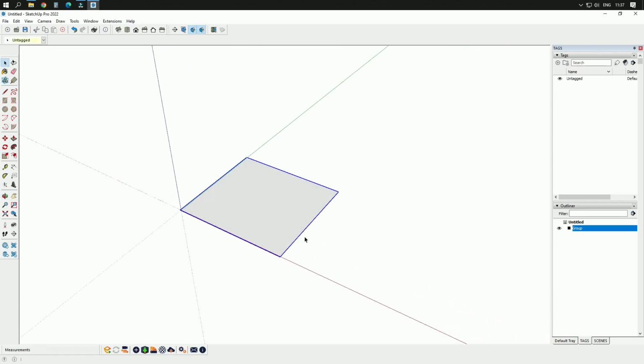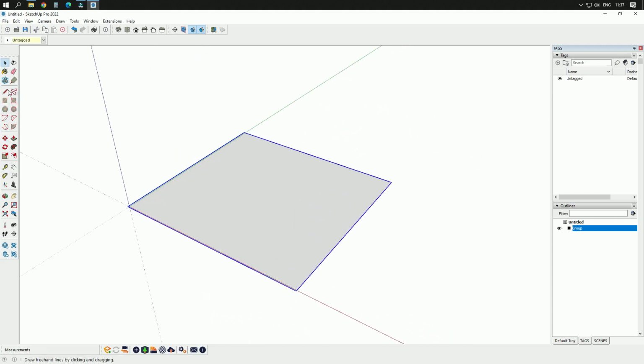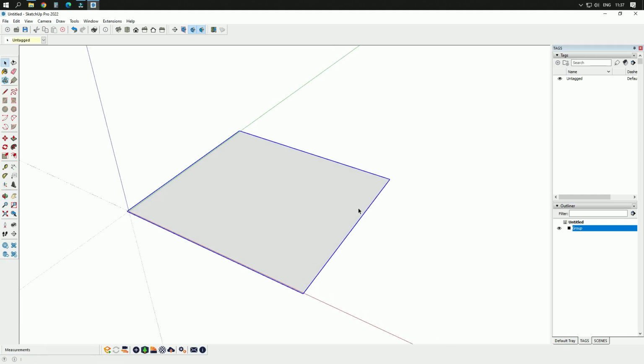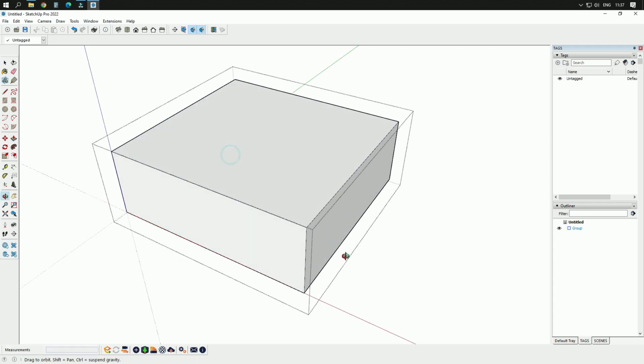So there are a lot of tools here, and you can try them, you can see what is going on if you use one or another one. But let's finish with this one here, which is a push-pull tool. You can select P from your keyboard and you can push